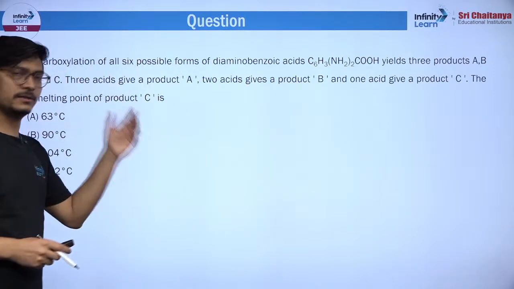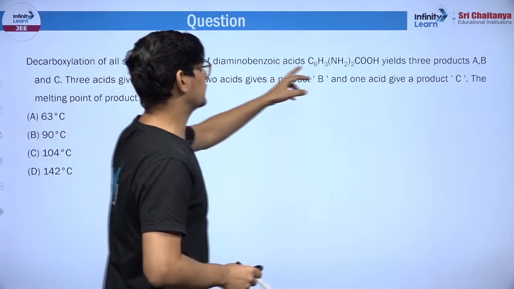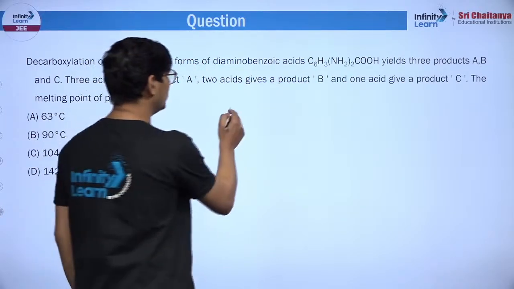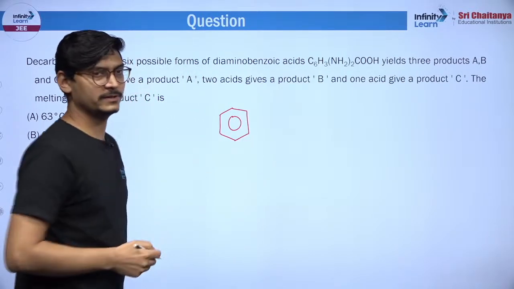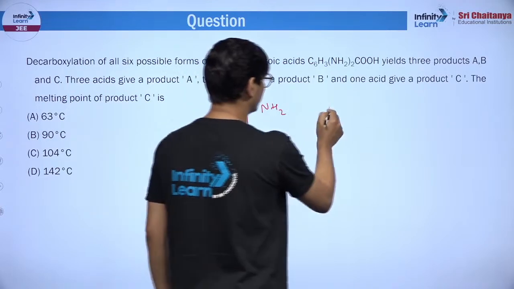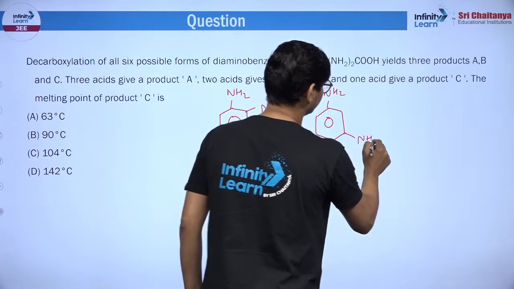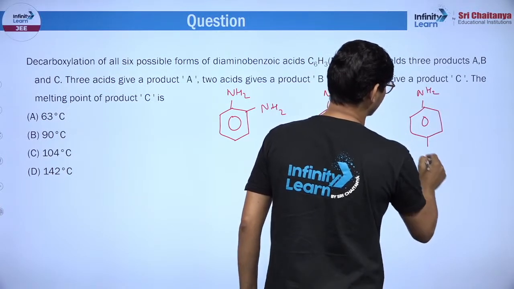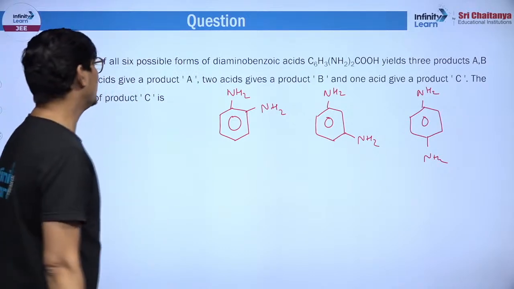In this question you will have to back determine, right, this is retro synthesis kind of thing। तो जब डायमिनो बेंजोइक एसिड का डिकार्बोक्सिलेशन करोगे तो कार्बोक्सिलिक will go away and you will have 2 NH2 groups, right. Now tell me how many structural isomers are possible, right, how many isomers are possible for diaminobenzene. Of course there are 3 isomers, एक मैं यहां पे बना सकता हूं, ठीक है, ऑर्थो। दूसरा आइसोमर कौन सा होगा गाइस, दूसरा हो जाएगा मेटा, और तीसरा हमारा हो जाएगा पैरा, ठीक है। 3 ये हमारे प्रोडक्ट्स हैं A, B और C, ठीक है।